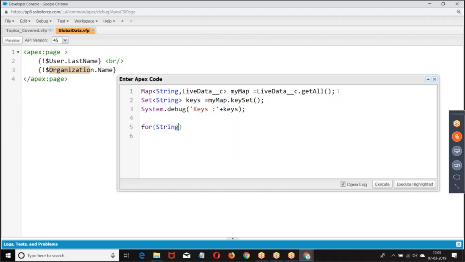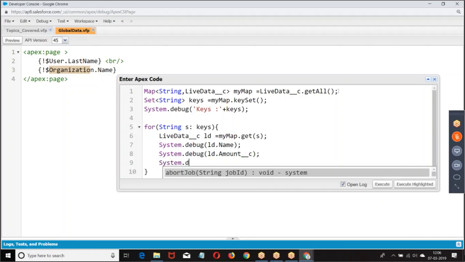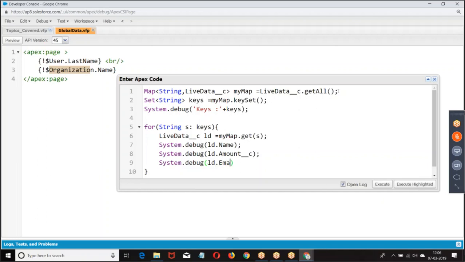So what I was doing: for String s, LD dot live data, String s in keys.